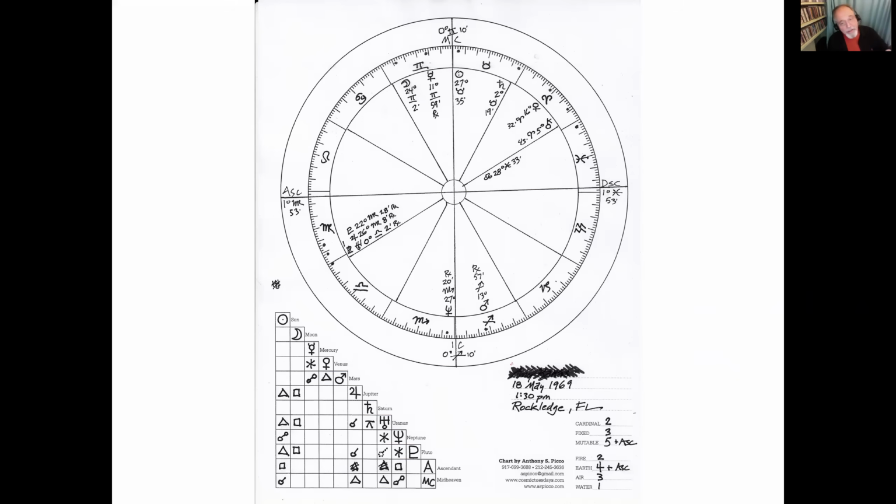At first look at this chart, nothing particularly stands out just yet. There is a stellium in the first house: Pluto, Jupiter, and Uranus. That's pretty intense right up front. But other than that, nothing. The planets are put around evenly, so there's nothing that really stands out and makes me say this person's particularly unusual or crazy or whatever it might be. So the first thing I do is